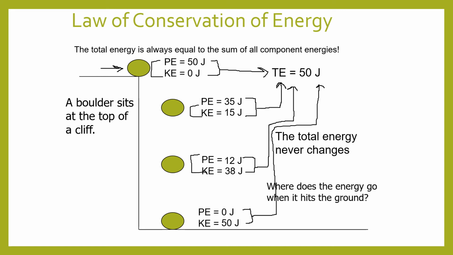It's transferred. As the rock is falling, it is transferring its energy from potential to kinetic. But when the rock hits the ground, it transfers its energy to the ground. So when it transfers its energy away from the rock into the ground, the rock loses all its energy, but the energy didn't disappear. It was just transferred to a different object. So you have to be able to account for where all the energy goes. Most of the time, we're going to talk about energy transferring within one situation.